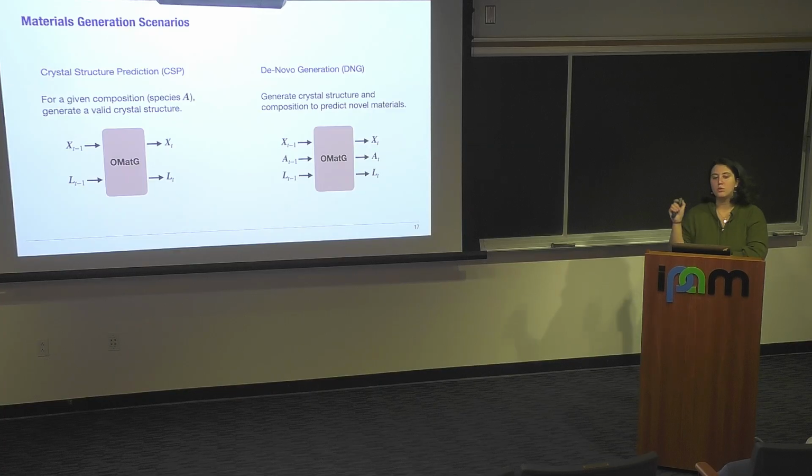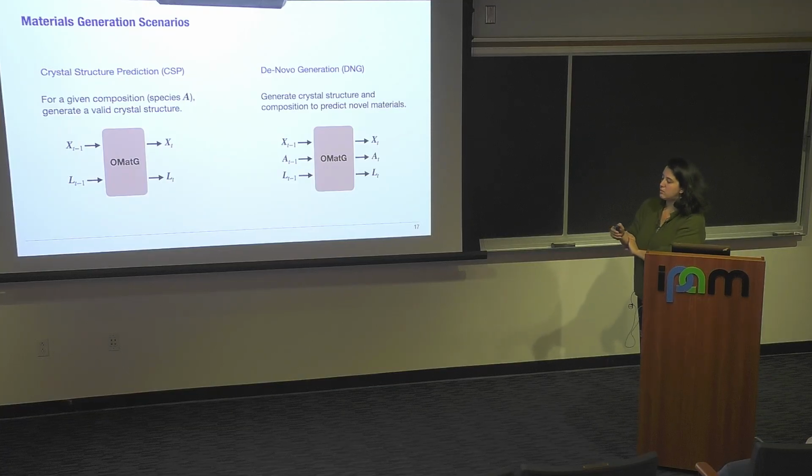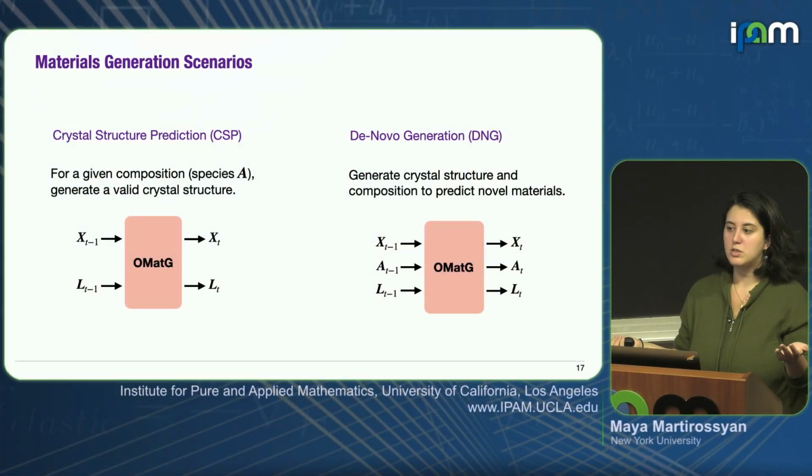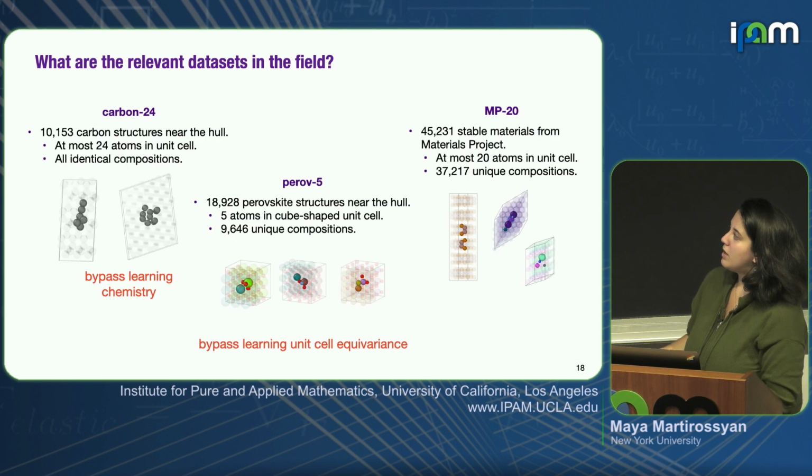That's the example that I showed in the image earlier, where you can start in these random masked states and then jump into your chemical identity. So these are the two kinds of models. They're useful for different things, right? The first one is useful for figuring out what a valid crystal structure might be for a specific chemistry. And the second one is useful for predicting new kinds of materials and potentially also new chemistries. So the first one can't do that.